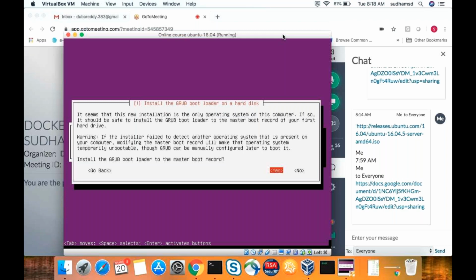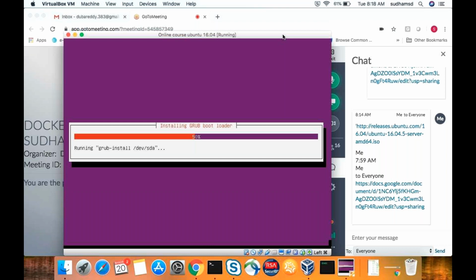So here I'm installing GRUB. Once this is done, we are done with the installation of Ubuntu. Now we will set some settings in order to access your server from outside. We'll set an IP address on the second interface. Only for the first interface we got an automatic IP address, because DHCP is enabled on the switch side, which I have shown you. But on the host-only adapter we haven't enabled DHCP, so it doesn't get an automatic IP address.